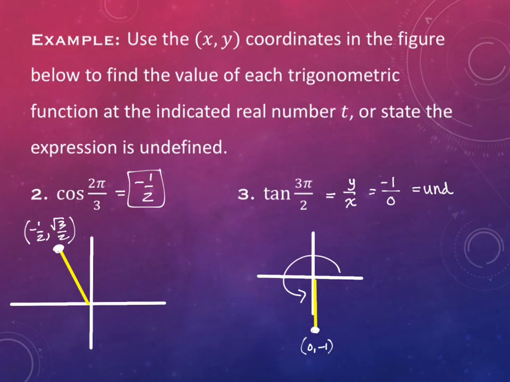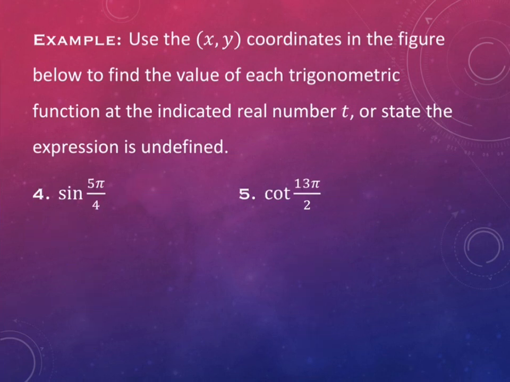Okay, let's try another one. This one's sine. So sine of 5 pi over 4. So where are we when we are at 5 pi over 4? The third quadrant. Okay, so pi over 4 angles are the ones that are halfway in any quadrant, and 5 pi over 4 is this one. So all the way around here is at 5 pi over 4. So our point right here